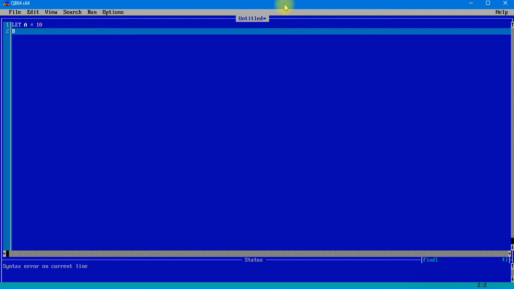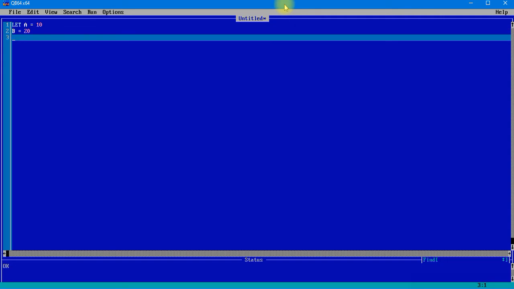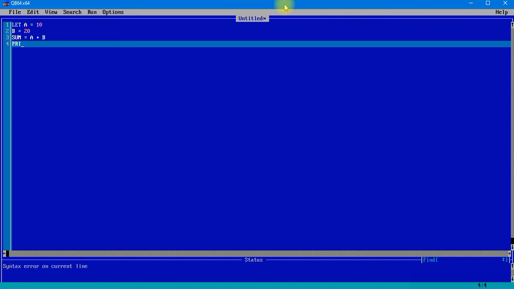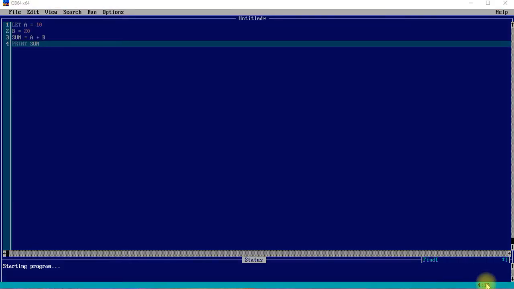Let's take b equals to 20. And after taking b is equals to 20, we can take sum equals to a plus b. That means it is going to add a and b, and by using the next statement, print sum, we are going to print the value of sum.